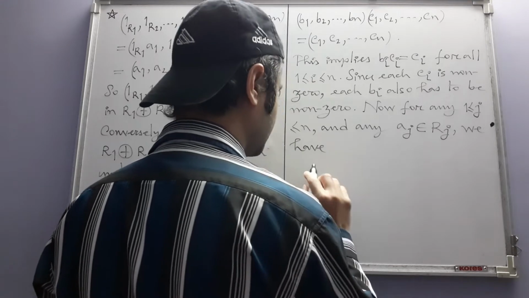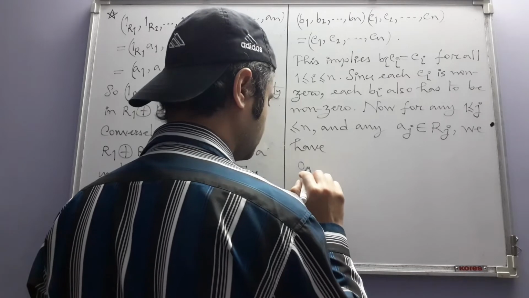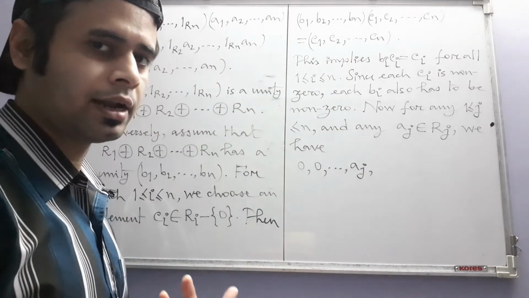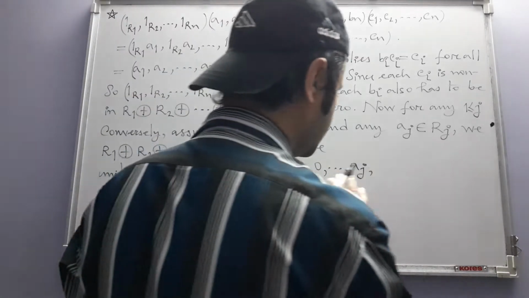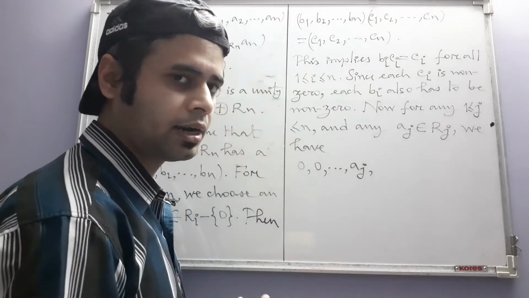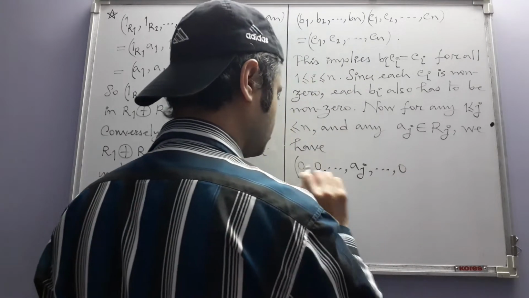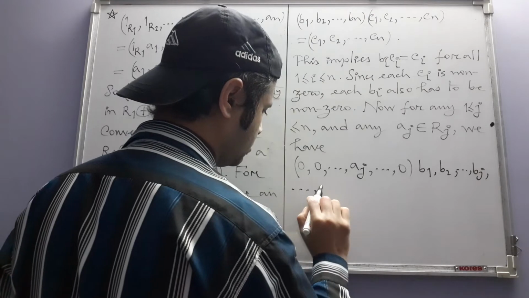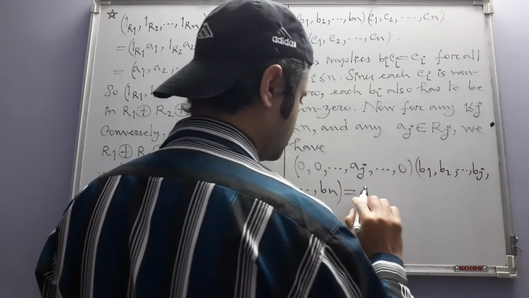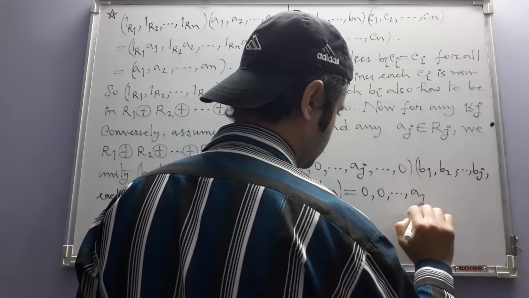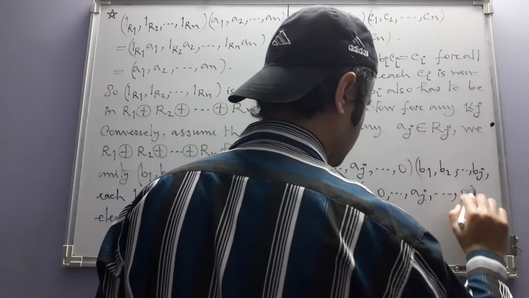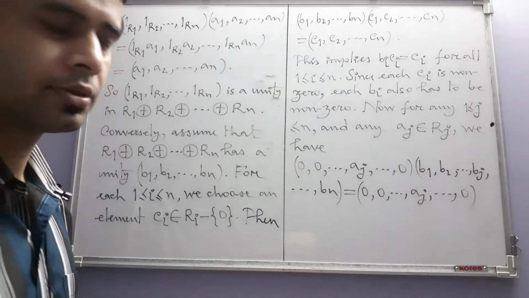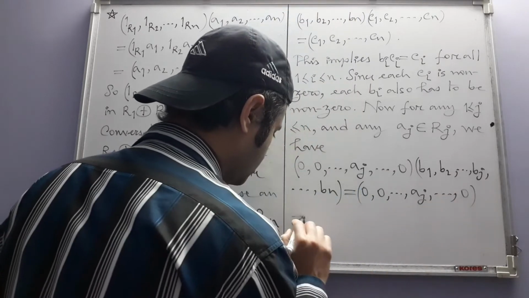So now we have, using that fact, since this j is any integer lying between 1 and n, I am generally showing Aj somewhere here. Aj can be the first entry, Aj can be the last entry also. B1 ... Bj ... Bn. This is going to be equal to, so in this element all the entries except the jth one are 0. The jth one is aj. Okay, so that's what this n tuple is, and this is equal to